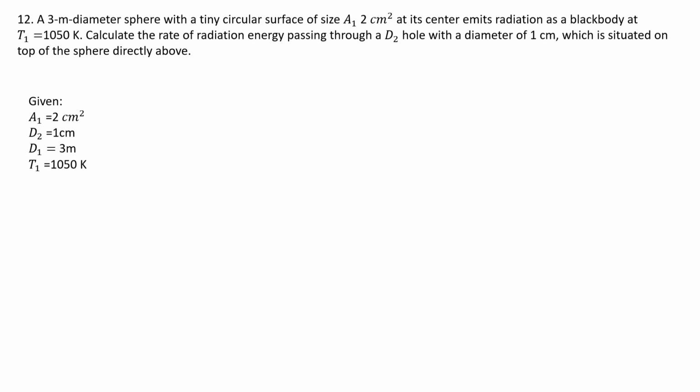Now let's analyze first. Approximating both A1 and A2 as differential surfaces, the solid angle subtended by A2 when viewed from A1. Solution, we have omega 2-1 is approximately equal to A_n2 over R squared. It is also equal to A2 over R squared. We know that the formula for the area of the circle is equal to pi R squared. Therefore,